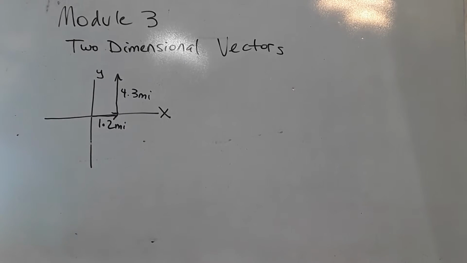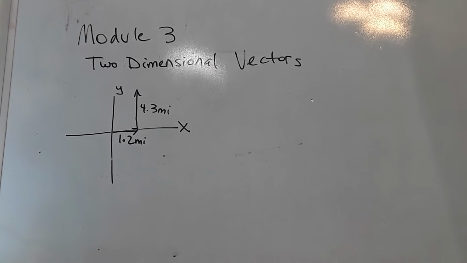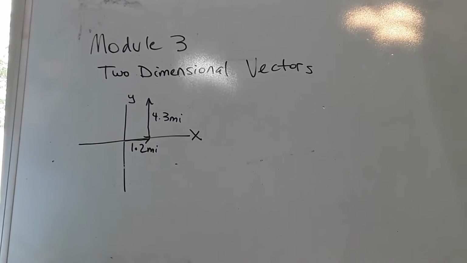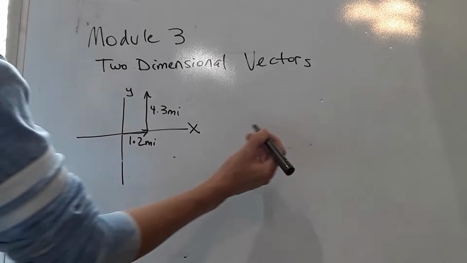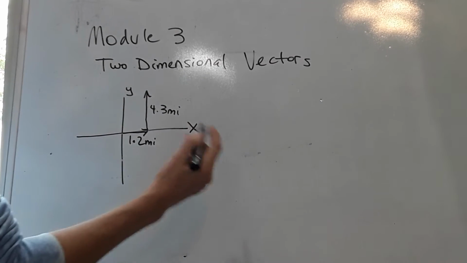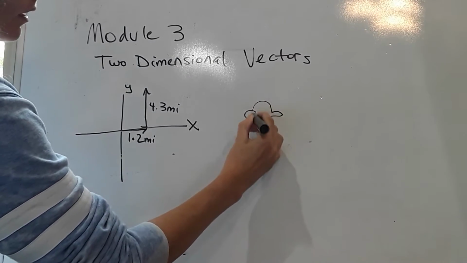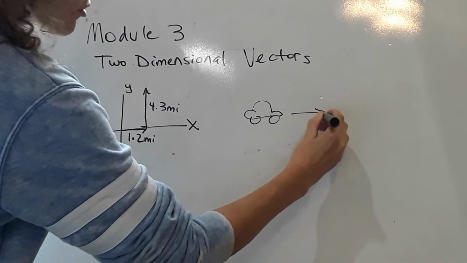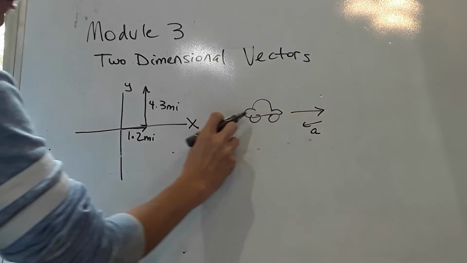Hi guys, Physics Chapter 3, Module 3, we're talking about two-dimensional vectors. We've talked about this briefly in previous lectures, but I just want to remind you that in the first two chapters, when we were talking about motion, we were talking about one-dimensional motion, where you might have a car going this direction, and then it has a negative acceleration in this direction, but you're still only talking